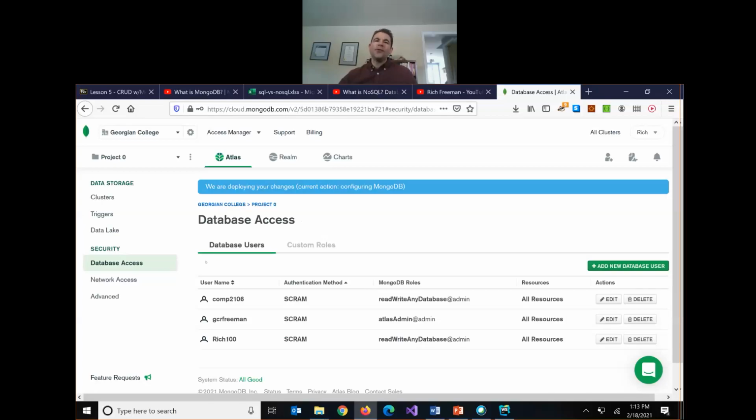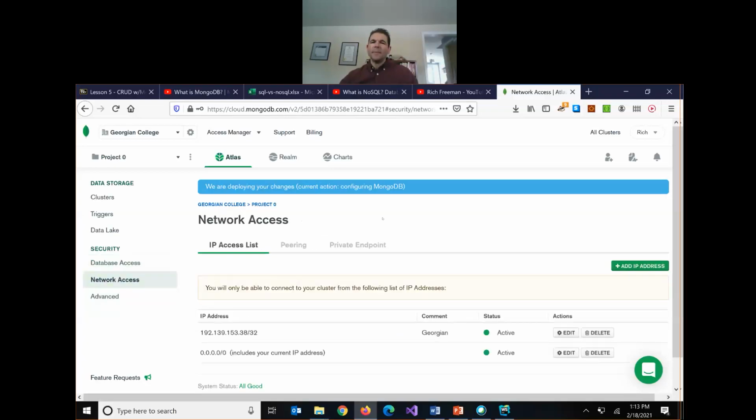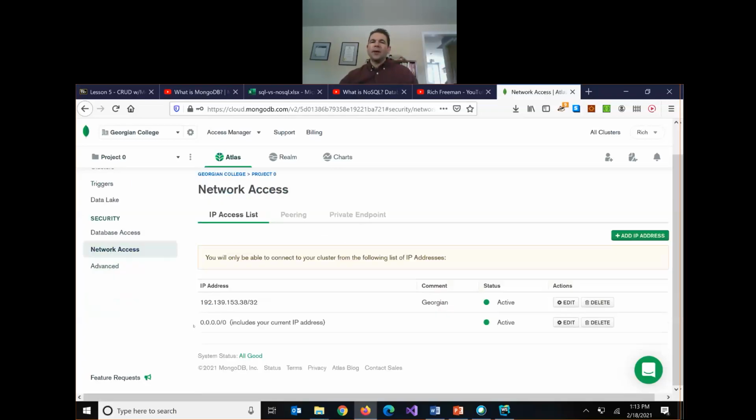The other security setting we need to modify is the network access. Much like with our Azure cloud databases, by default, they block any remote connections. MongoDB works the same way. So I'm going to go to network access, and I want to add, if you add this IP address, 0.0.0.0/0, this will allow any IP address in. So if you click on add IP address,